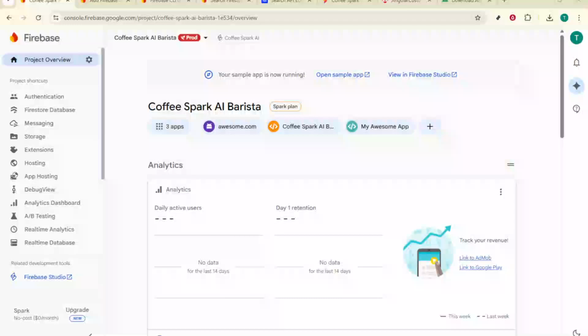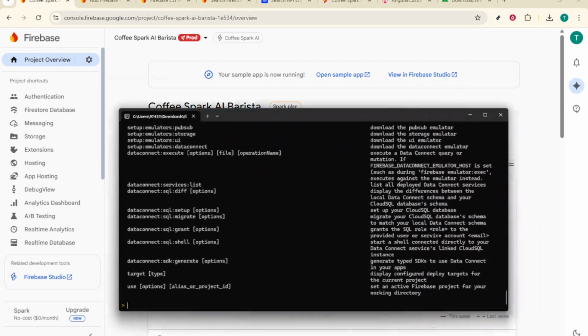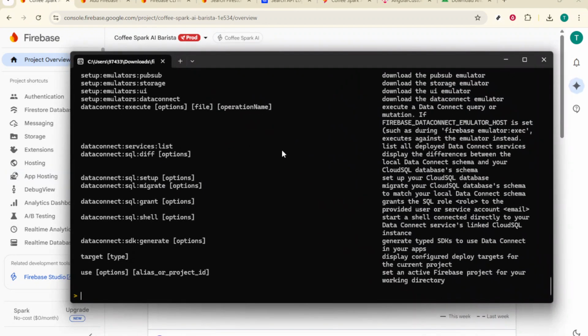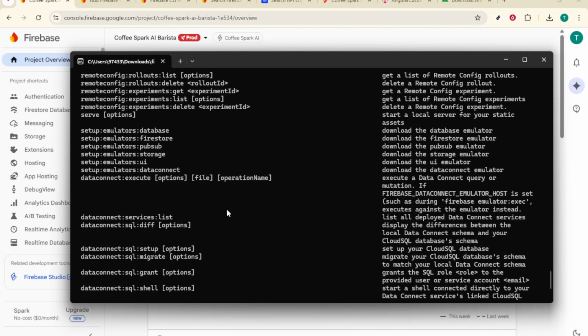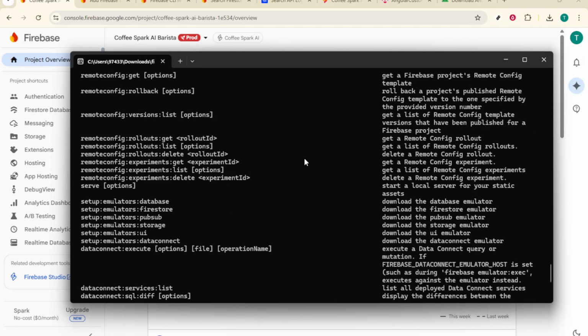In today's video, I'm going to teach you how to set up and use Firebase emulators with your Flutter app. By the end, your Flutter app will safely talk to local Firebase services during development, so you can build and test without touching production. First, open a terminal at the root of your Flutter project and initialize the emulators by